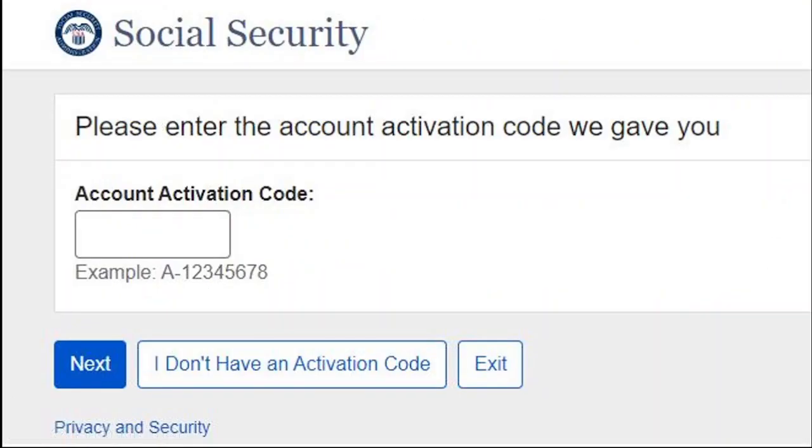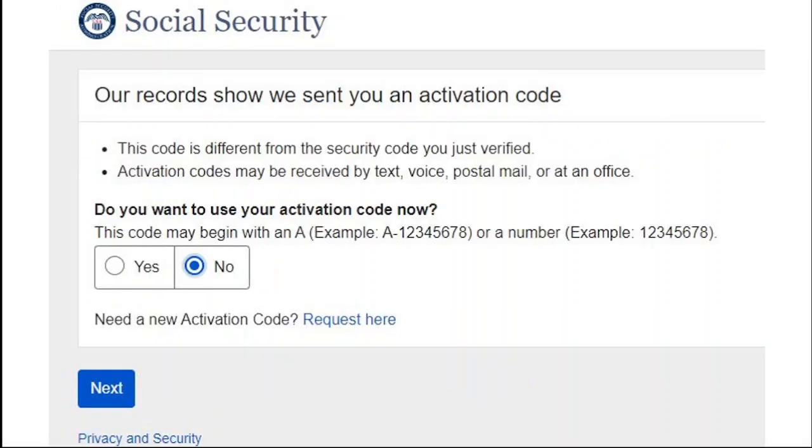I agree and I click on next, and then I added the activation code that I received in the mail. And I click on next, and when I did that, they said that our records